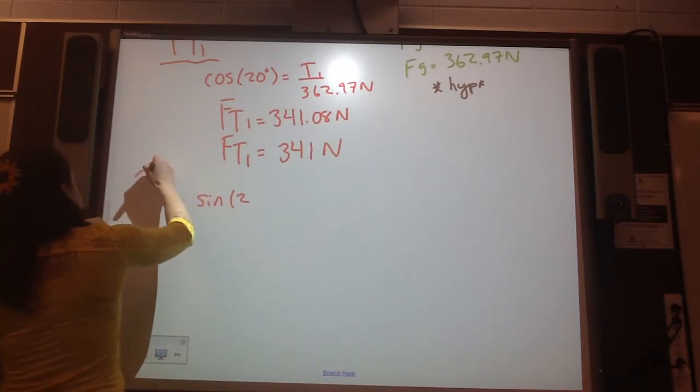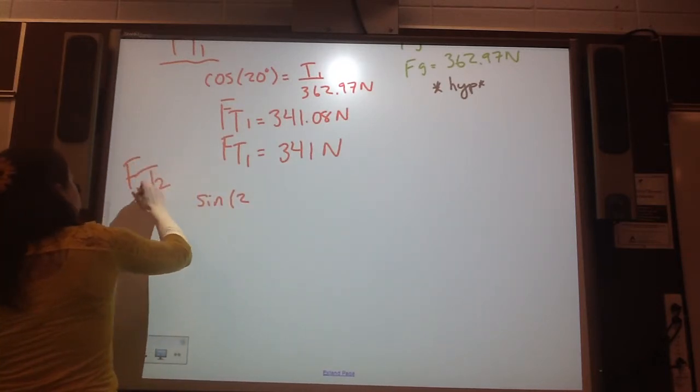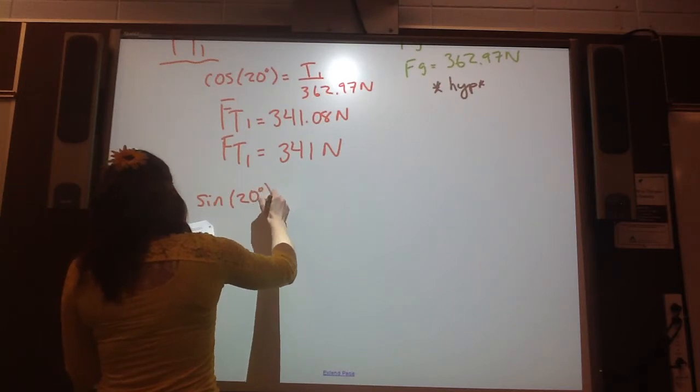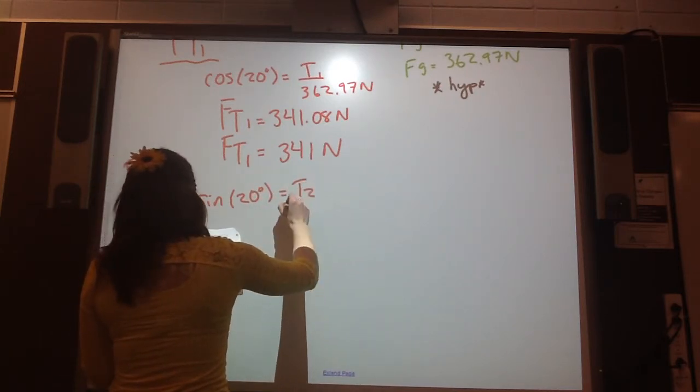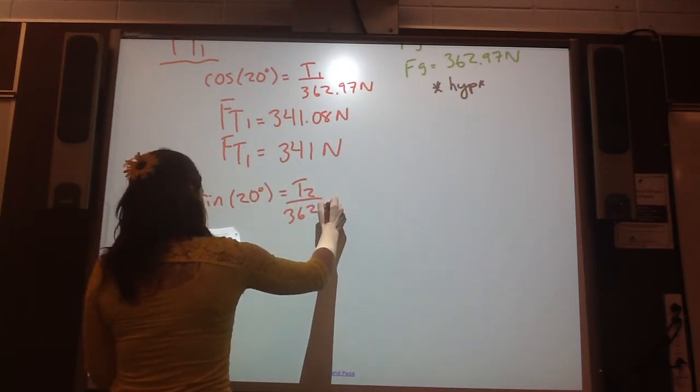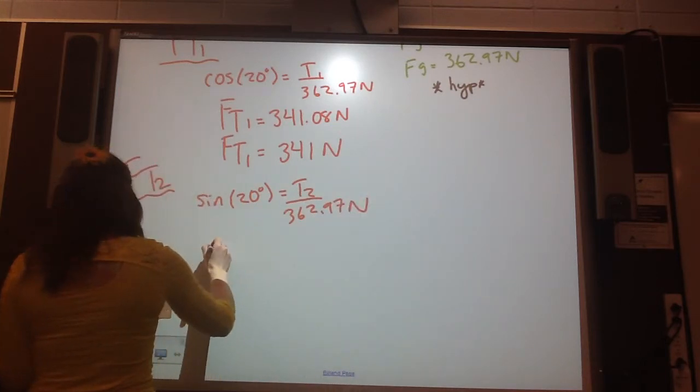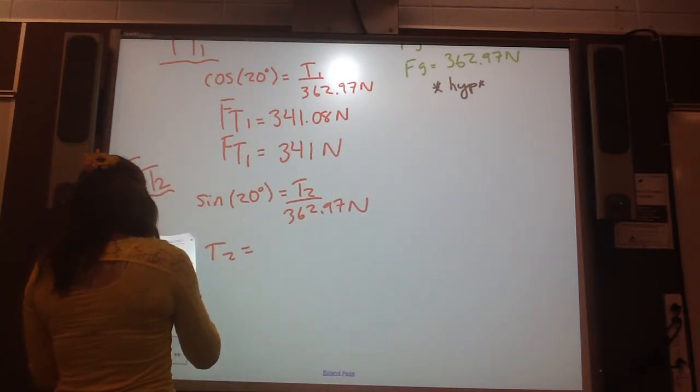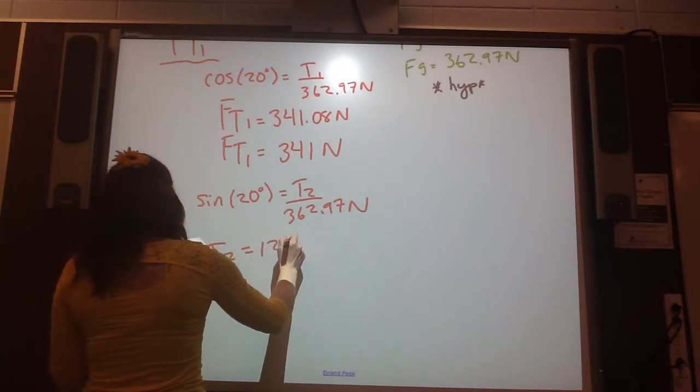So to find FT2, use sine. So sine theta is equal to T2 over 362.97 newtons. So T2 is equal to 124.8